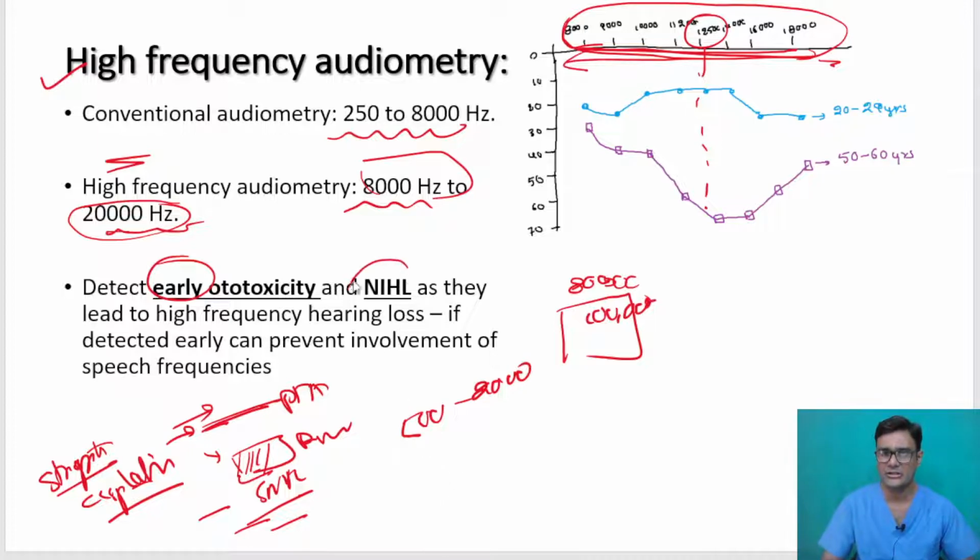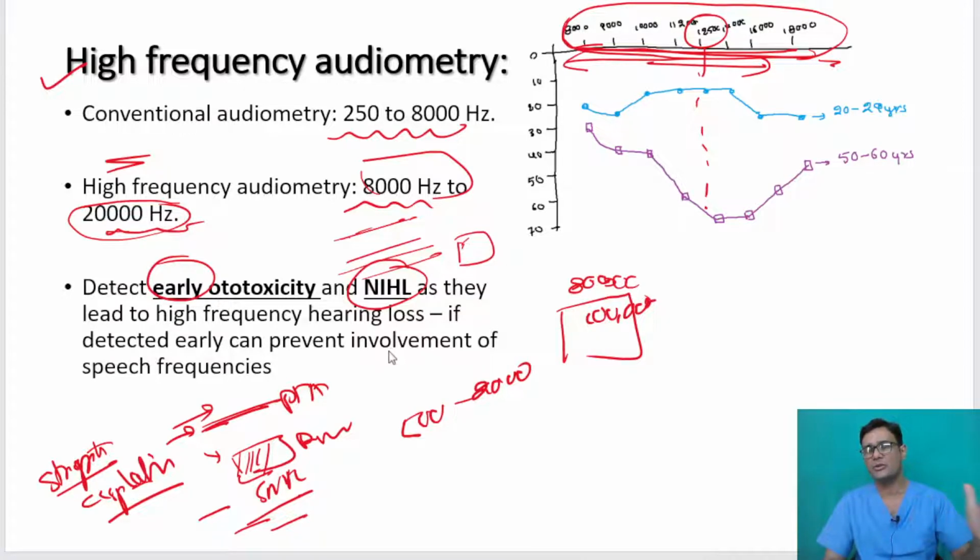Same thing with noise-induced hearing loss. In a factory setting, the loud sound is there, and the person is working there. Initially, there is a baseline pure tone audiogram, and then they start repeating. Once they see that the high frequencies are getting affected, then you say, okay, in the future, if you continue the same thing, the patient is going to develop an affection of the speech frequencies. So you stop at that point, or you shift him to another part of the factory,